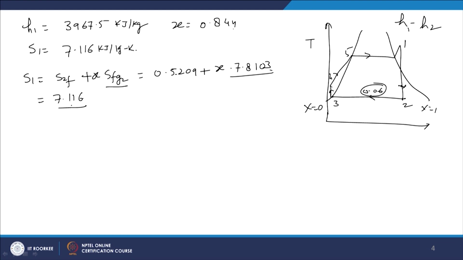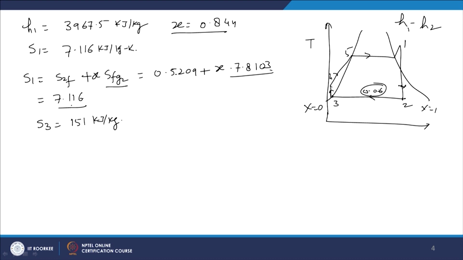Right? This is the quality of vapor at state 2. We have properties of energy also, meaning enthalpy of liquid at this pressure, 0.06 bar, and enthalpy of saturated wet vapor also at 0.06 bar pressure, and latent heat is also known, which can be taken from the steam table.